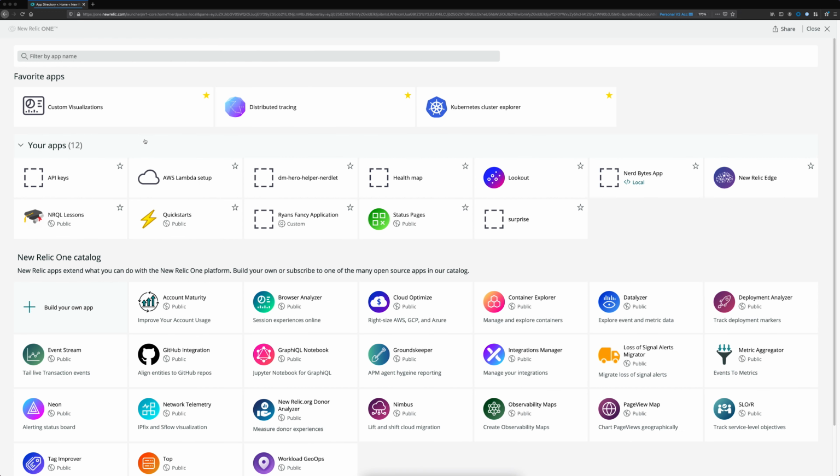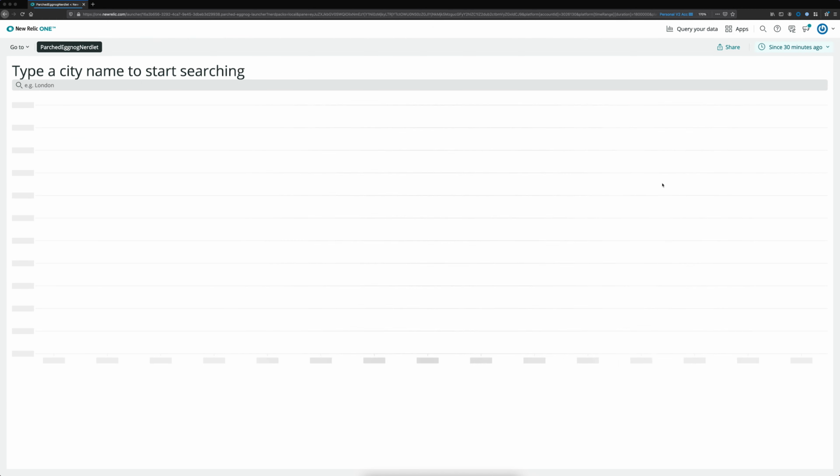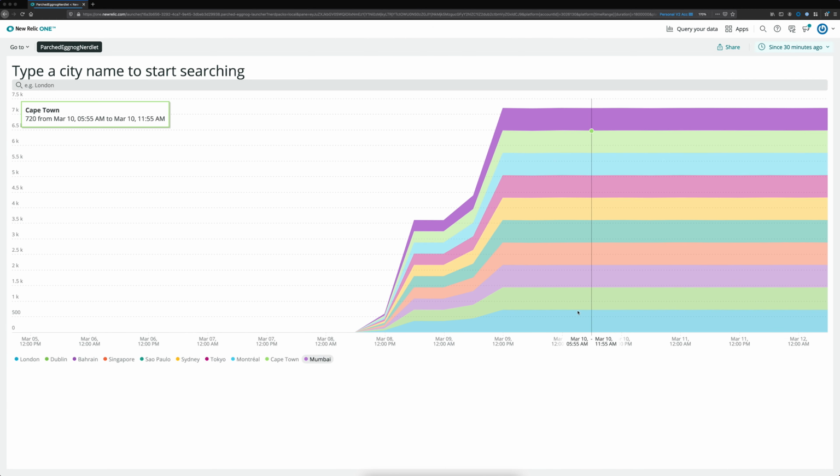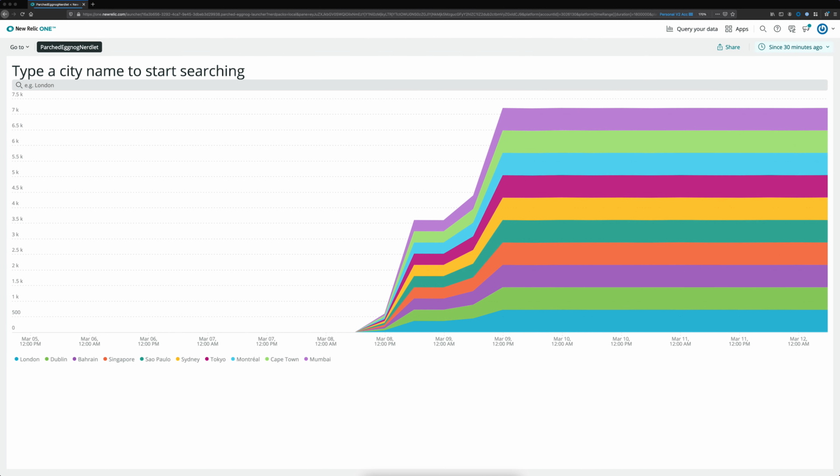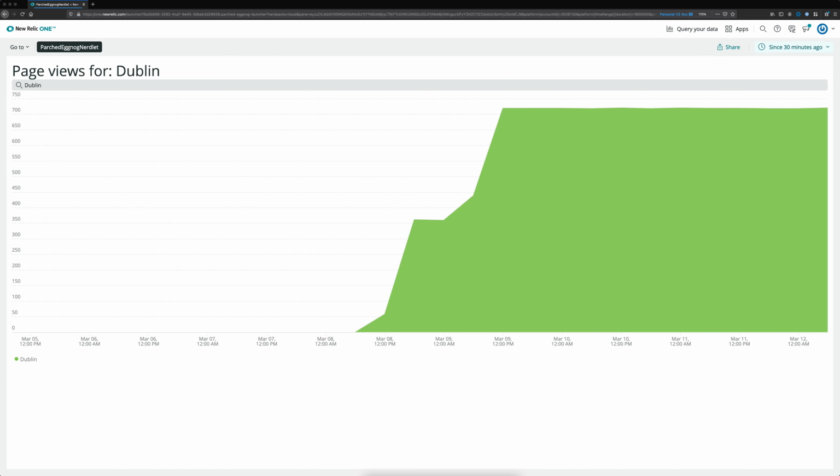So assuming that we have an application here that is ready to go, we have built it and it is in a way that we like it, and it's going to be helpful for our colleagues who are using this application in the New Relic account, we can get it published to that account. You can see here that it is still running locally. We can click in and I'll show you what it's doing. We can see those page views here. We can start typing a city to focus in on the page views from that city. So this application is where we want it to be.